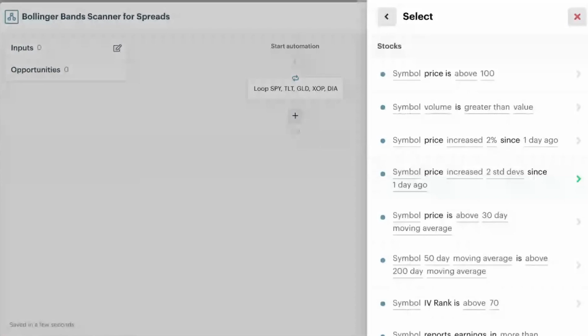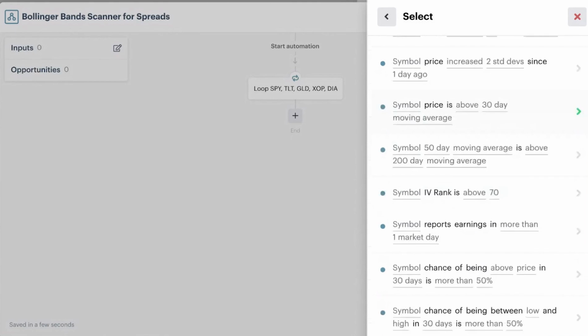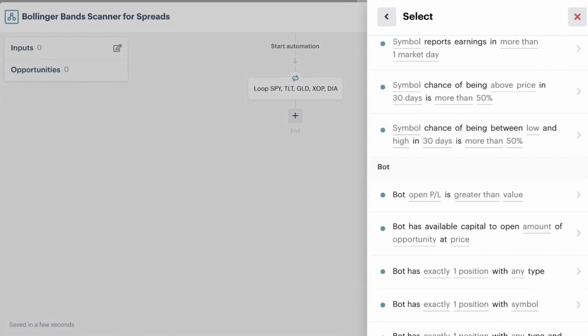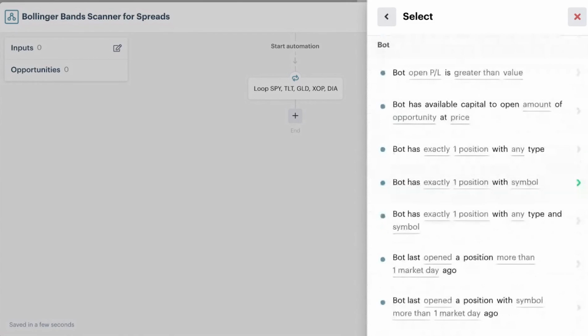So one thing that we might want the bot to check is, as I said earlier, to check and see if the bot has room to open a new position. These could be really simple, easy things that you could check. You could check and see if you already have a position in the underlying symbol that it's looping through currently. And if you don't have a position in there, then you allow the bot to continue moving forward. Does that make sense? So you can go down here to this bot level recipes, and you can check